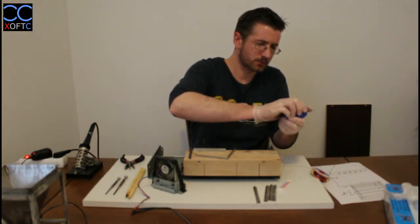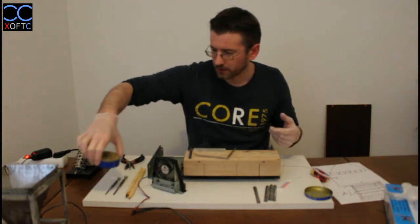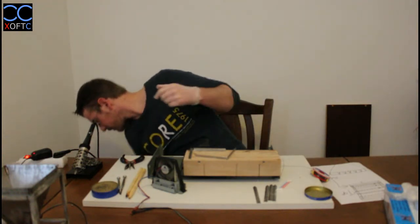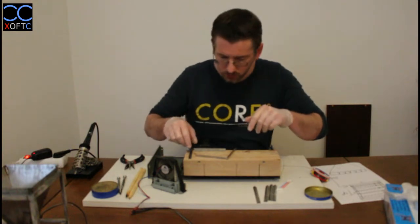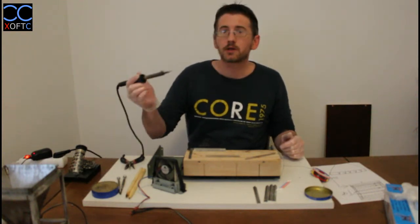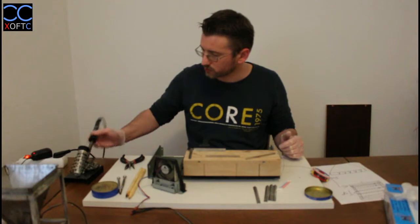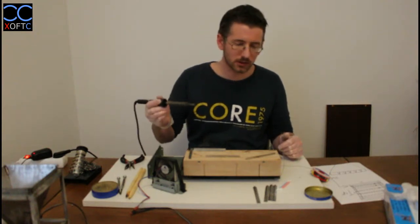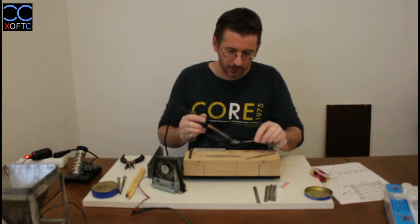I'm going to make a dedicated video about how to take care of your soldering iron and how to use it in different ways. But since I'm making this whole part of the build, I don't want a video that is 40 minutes long, so I'm going to keep it short. Basically, how do you tin parts? You have your iron, you're going to just dip it like that in the flux, and that will clean the tip of the soldering iron. I'm sure that if you look on YouTube, you will find great videos on how to use a soldering iron in different ways. So maybe it's advisable that you go and check there while I'm making my own. But in the meantime,